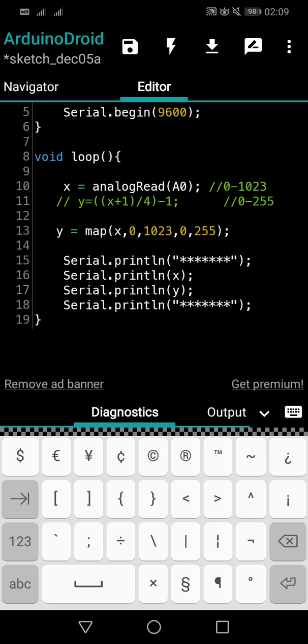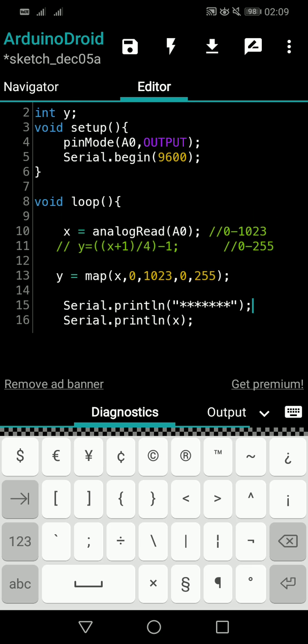And you can simply test the values using the same code, printing x and y values. So now let's see something about LED. We can fade LEDs, right? Normally using analog output, but we normally connect the LED to a digital pin. I don't know whether we can connect it to an analog pin. You can give it a try. Out of habit, I normally connect an LED to a digital pin, and we can give the analog